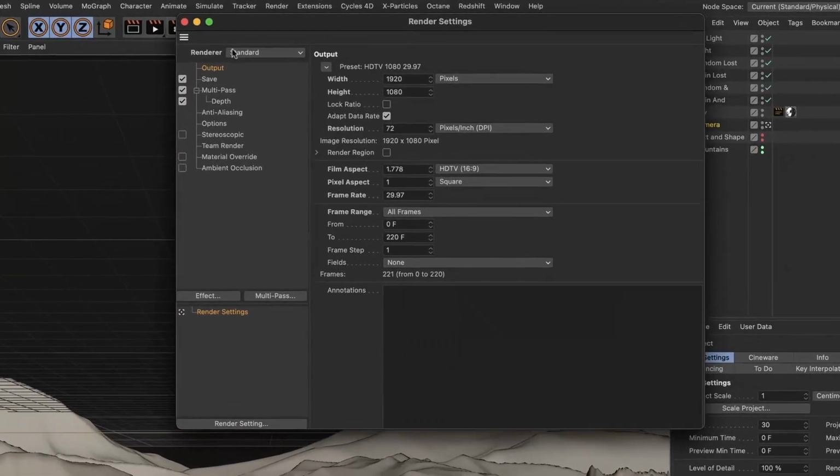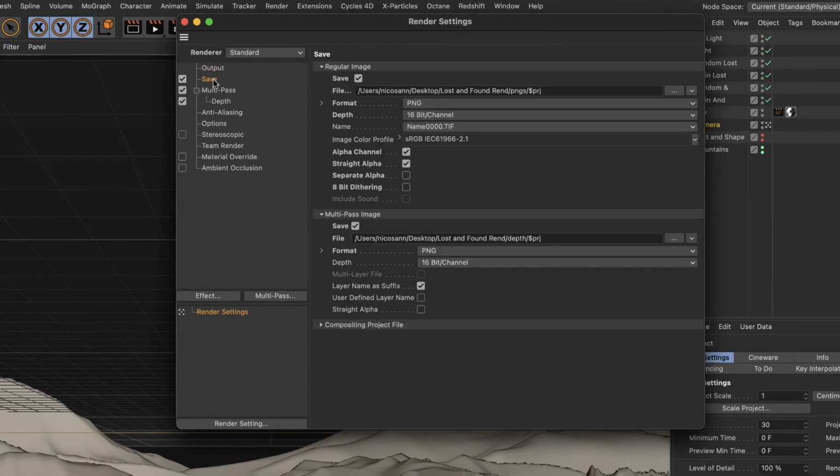The output is great. Let's head to the save section and make one small change to differentiate our PNG and our depth pass files for the mountains. So next to PNG, I'm just going to make a space and put mountains. And I'm just going to do that for the depth pass as well. So mountains, just so that we have separate folders for them, but they're still in that lost and found rend